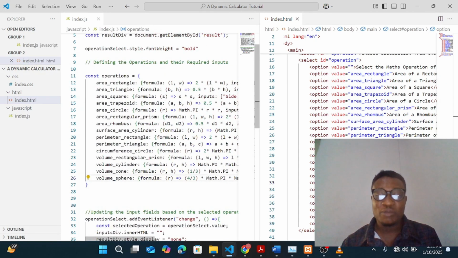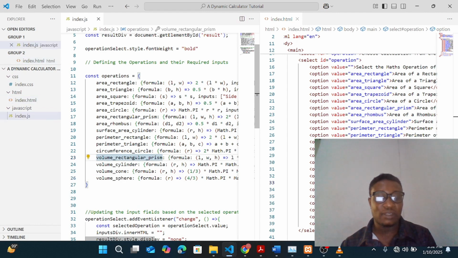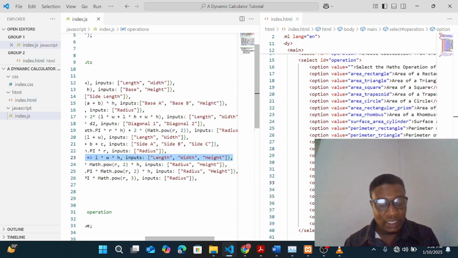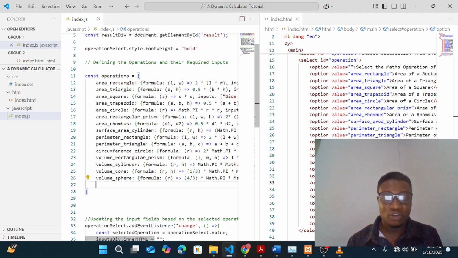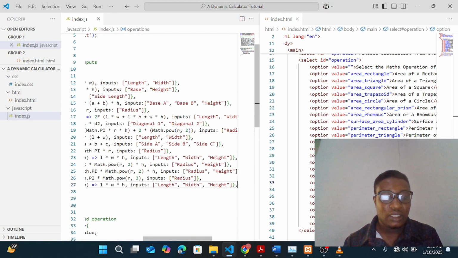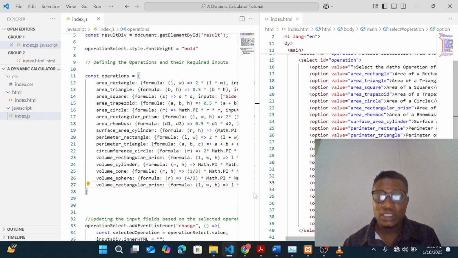Okay, so for the volume of a pyramid, it looks like a triangle in three sides, so having length, having width, and having a height. It also looks like a prism. So we already have some calculation of a prism, so let me copy that volume of a rectangular prism and edit it to get the volume for a pyramid. So volume pyramid,